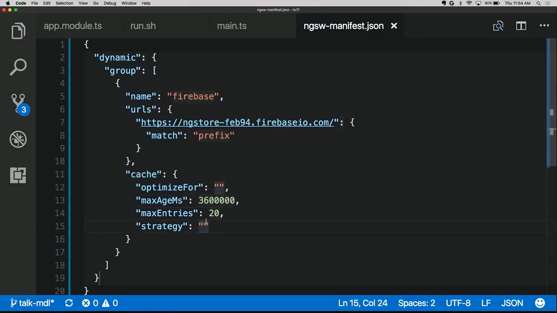And finally, if the cache gets too full, we need a way to expire things. So we have to tell the service worker how we want to do that. I recommend least recently used caching, or LRU. But the most important decision we get to make is how we want the worker to